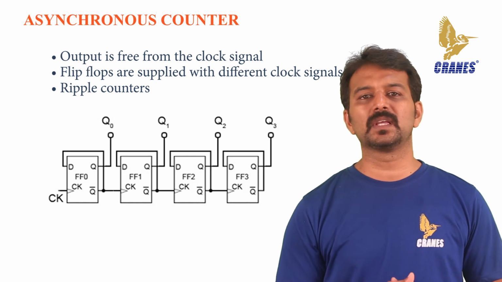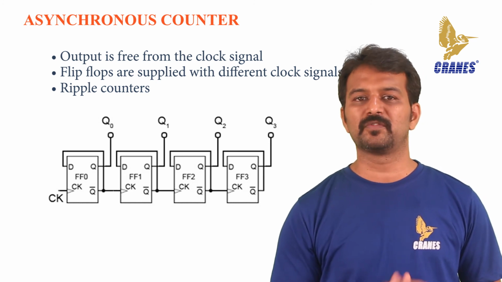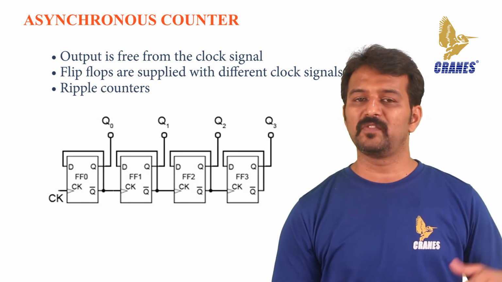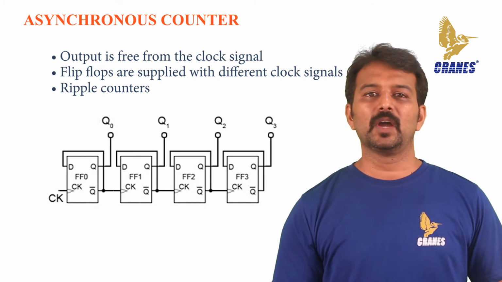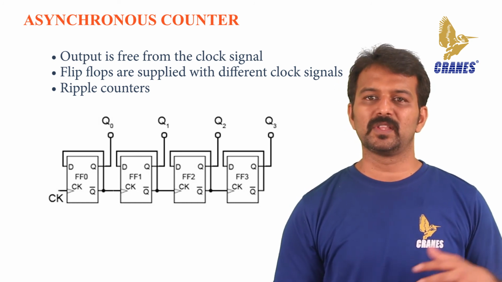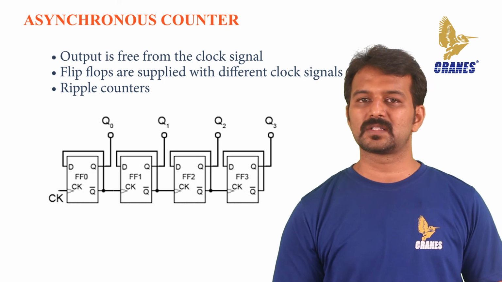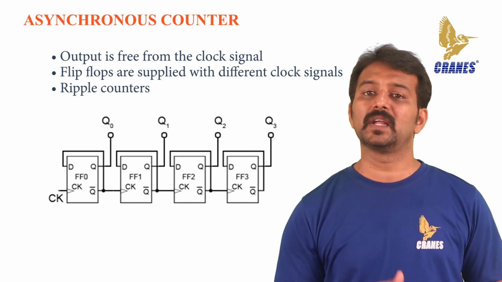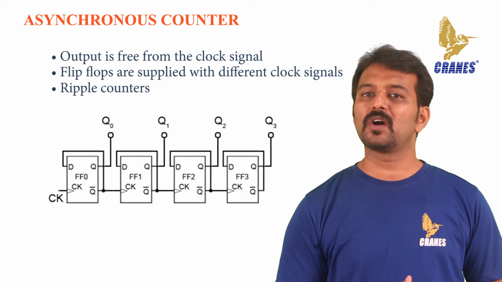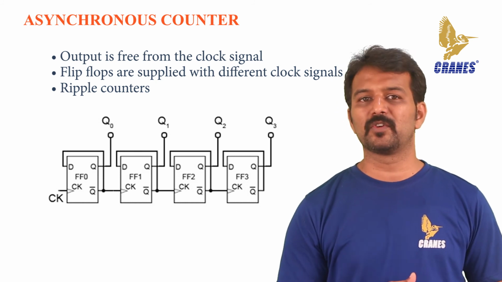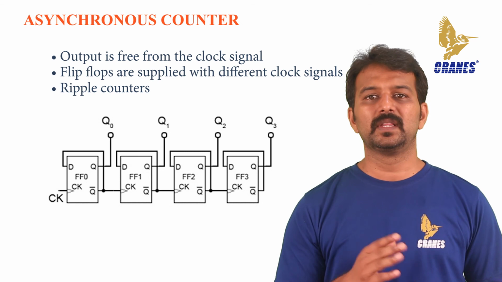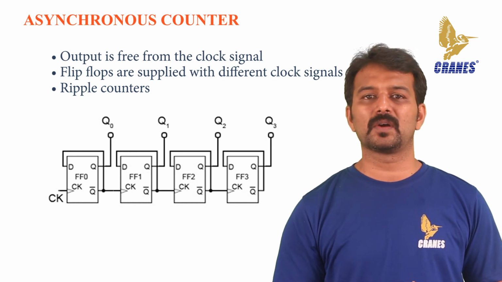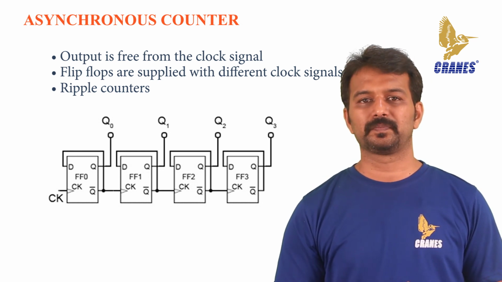The other flip-flops in the counter receive the clock signal input from the Q bar output of the previous flip-flop. The output of the first flip-flop will change when the positive edge of the clock signal occurs. In the asynchronous 4-bit up counter, the flip-flops are connected in toggle mode. So when the clock input is connected to the first flip-flop, that is FF0, its output after one clock pulse will become 2^0.